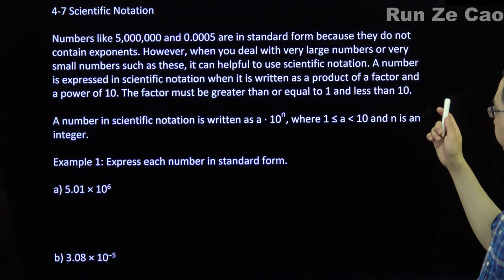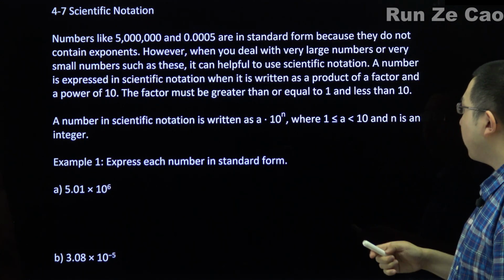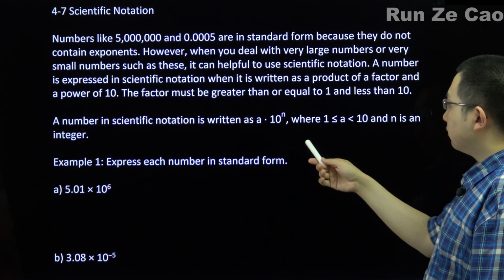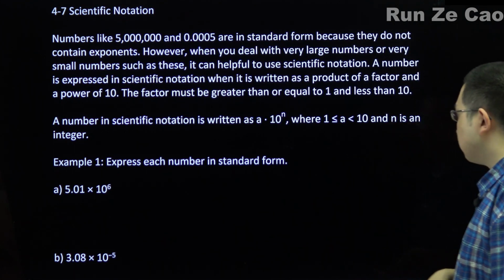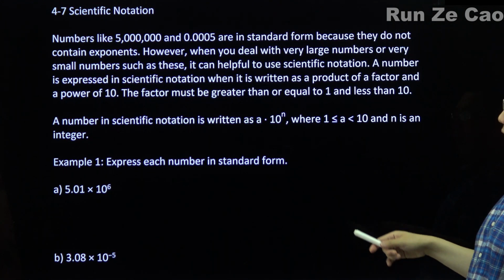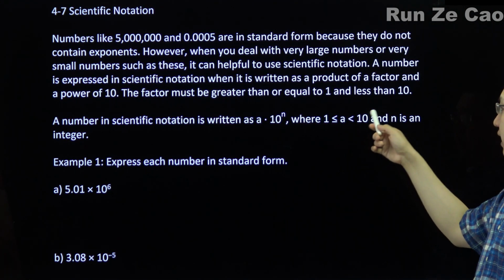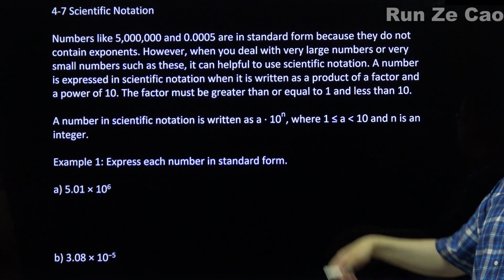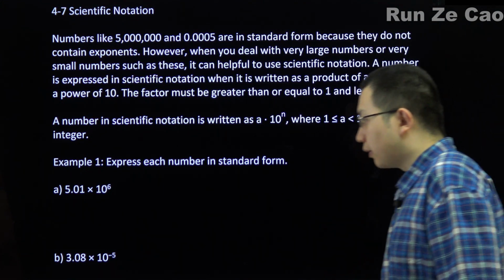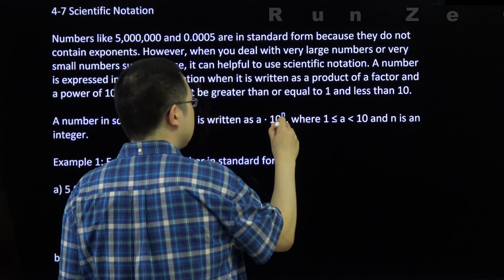So, you have a factor multiplied by a power of 10. And the power of 10 must be an integer power of 10. So it must be 10 to a whole number exponent. In other words, this dictates